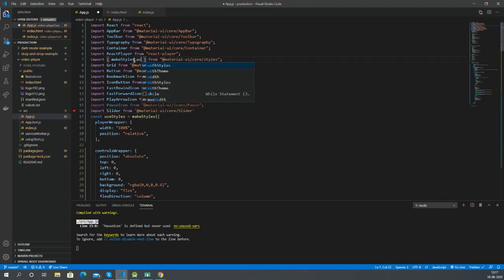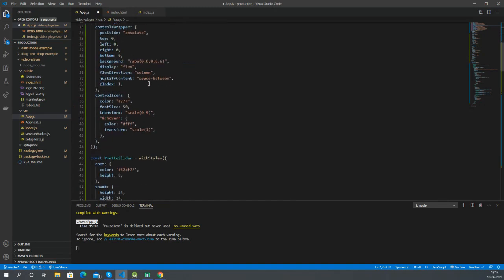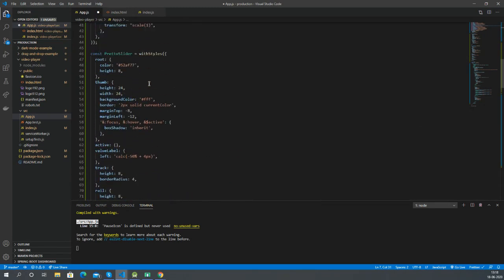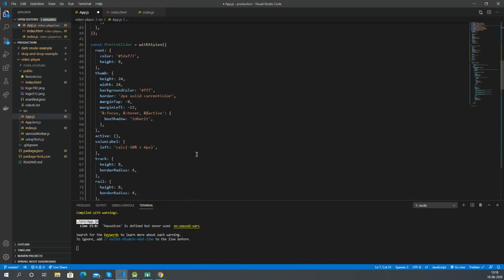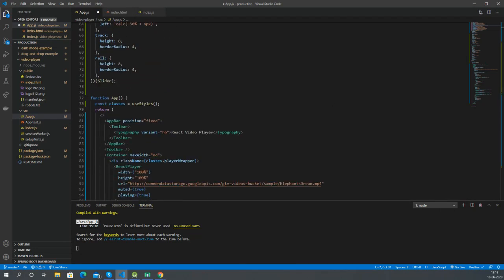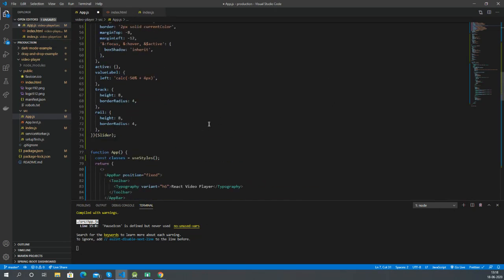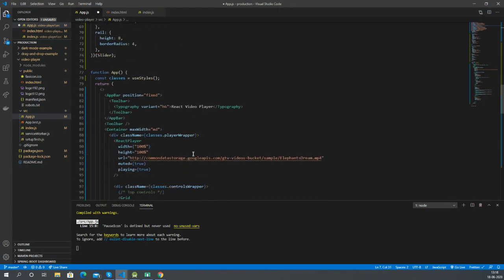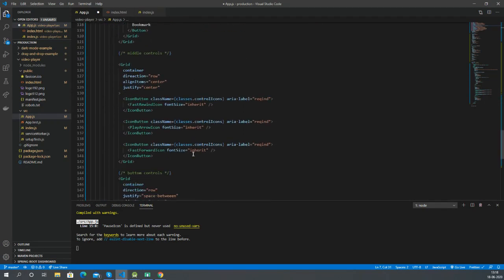Also we need to import something called withStyles. So this helps in extending the styles of already created components. So if you can see, we are giving withStyles, and we are extending all the classes inside that component, and we are passing the component. So this helps to manipulate the already declared classes in the slider. So here we are making some changes to what we already took from the Pretto slider code.